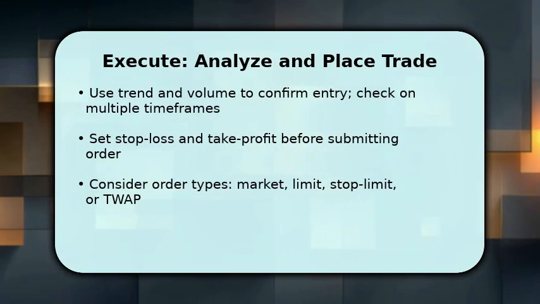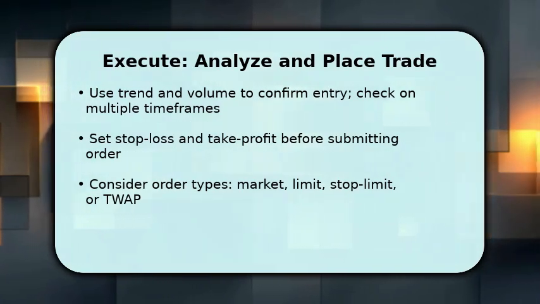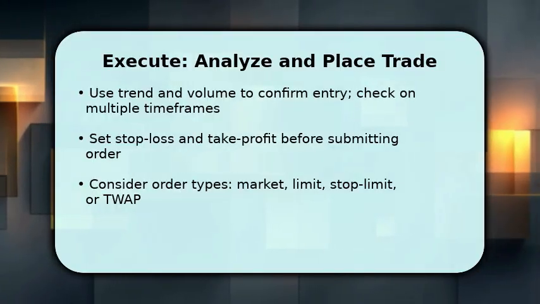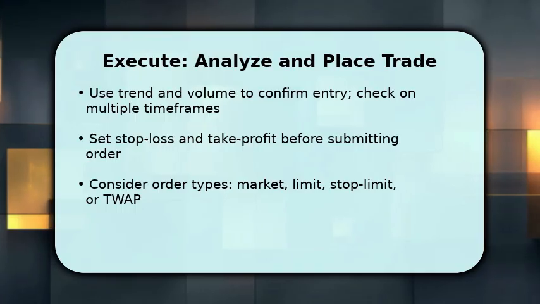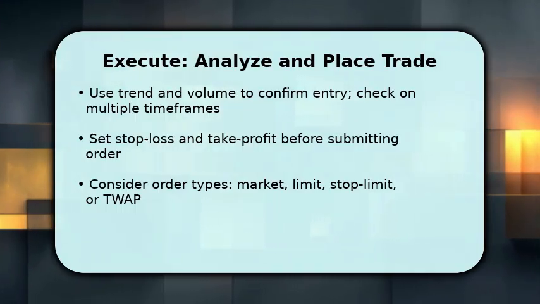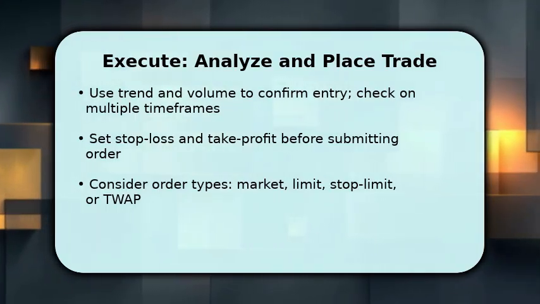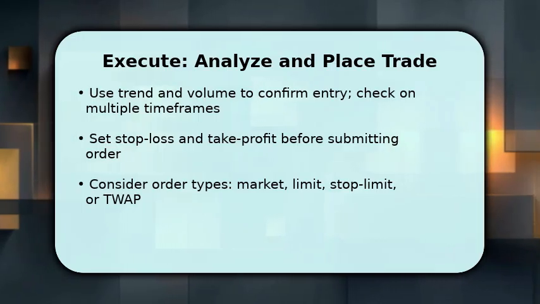You now analyze price action and volume across at least 2 timeframes to time your entry. Higher timeframe trend gives context while lower timeframe pinpoints execution. Then choose an order type: limit to control price, market for immediacy, or stop limit for conditional entries, so you